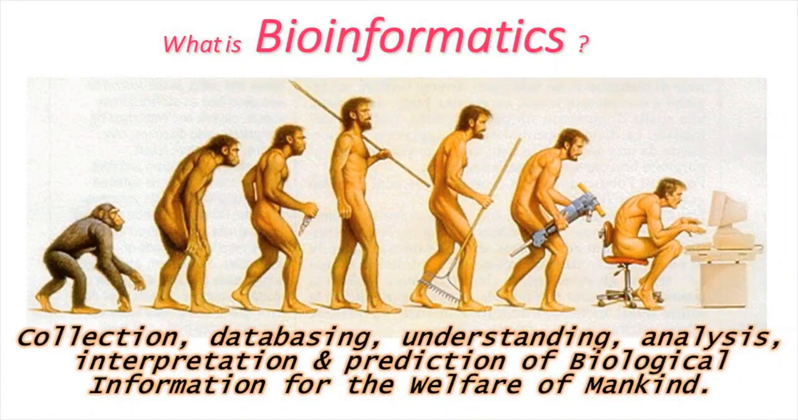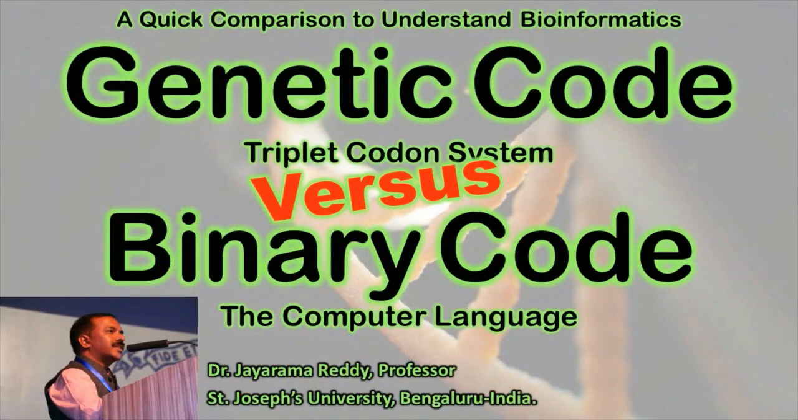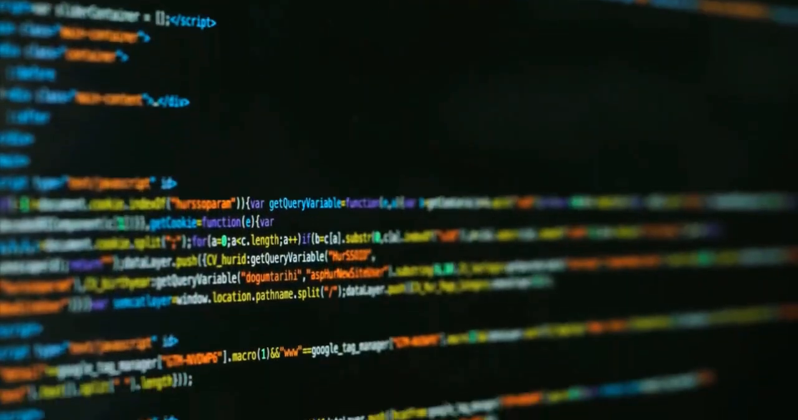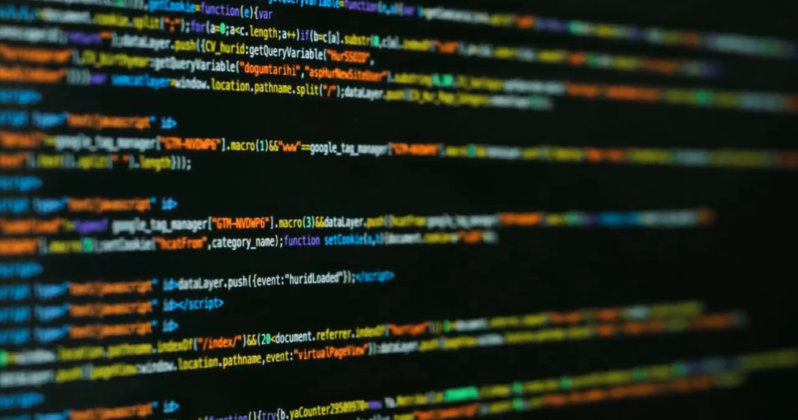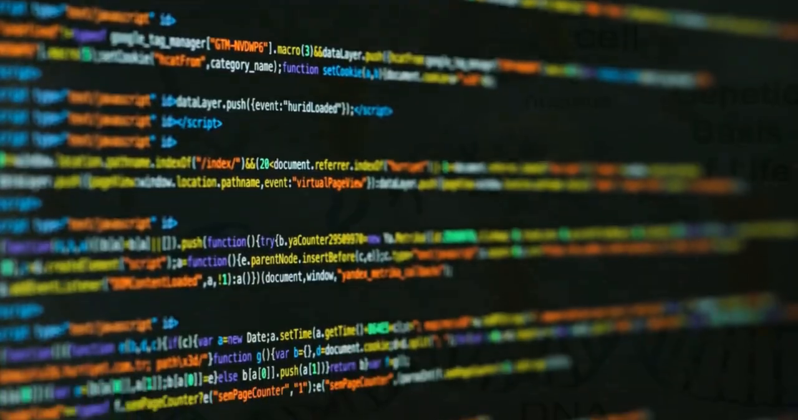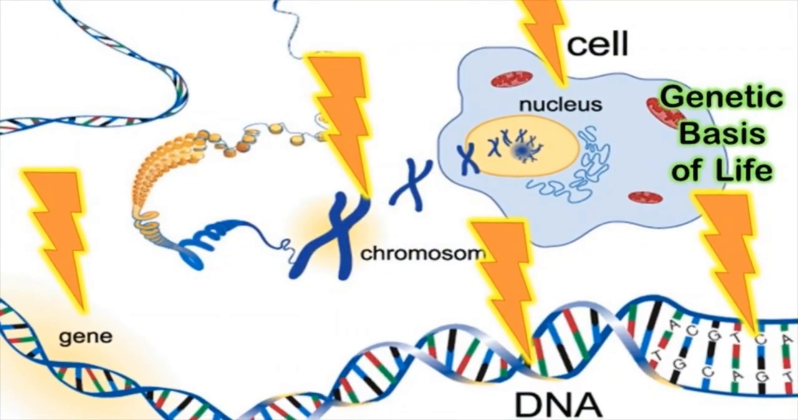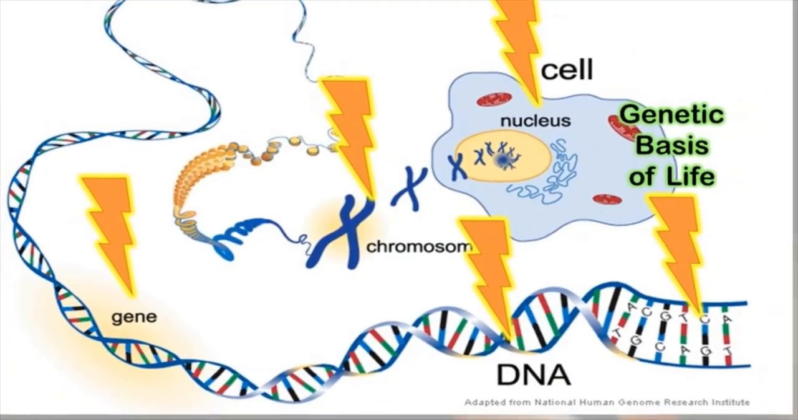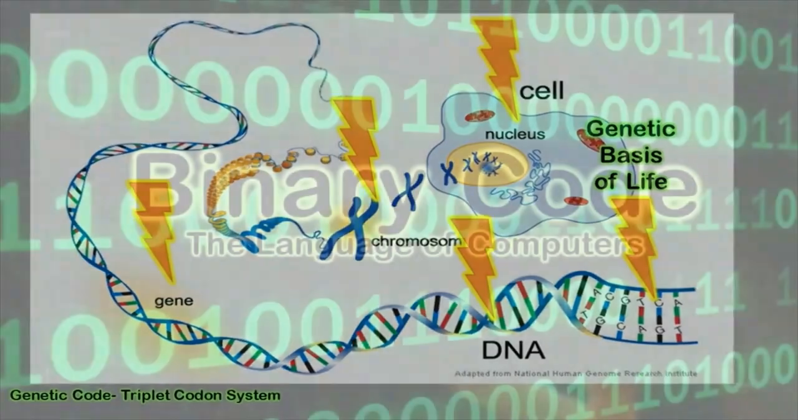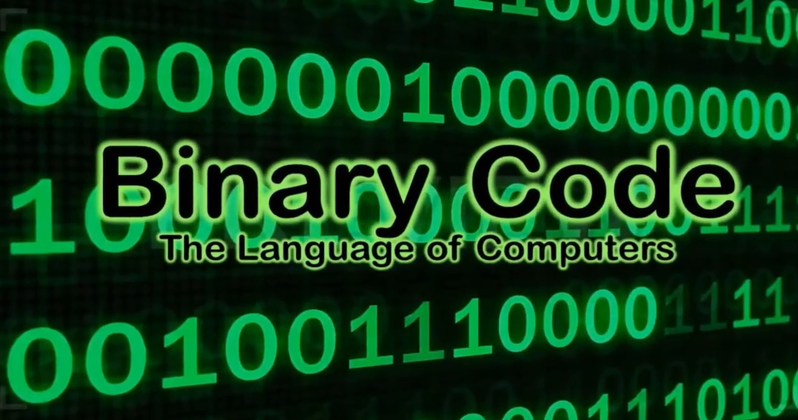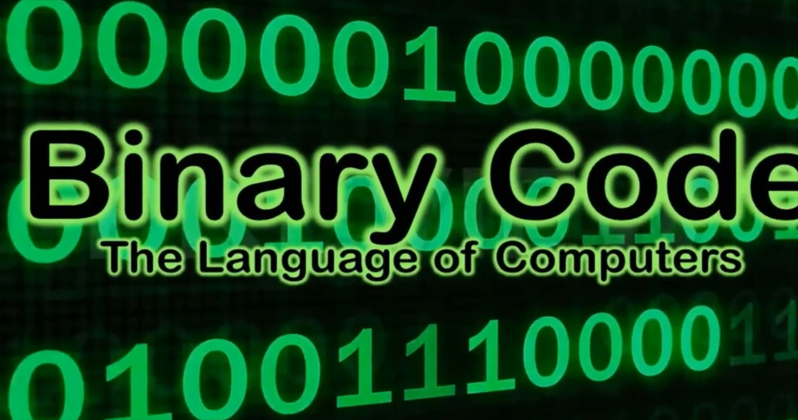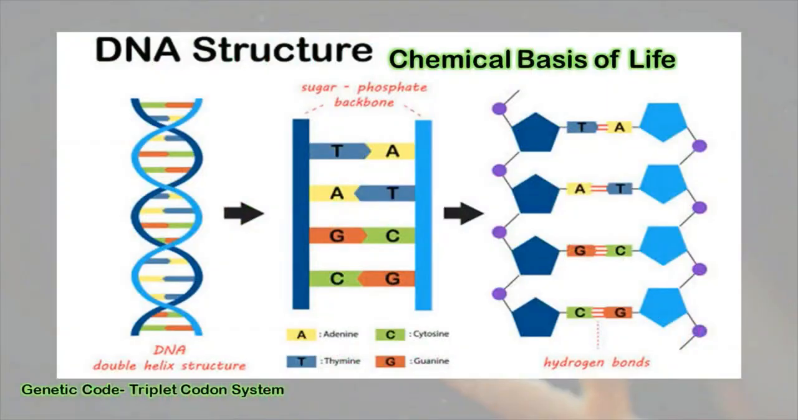And to have a proper knowledge about bioinformatics, one has to have the basic idea about the genetic code and also the binary code system. In this video, I'll give a quick comparison between genetic code and binary code system. To understand the basics of bioinformatics, knowledge about the fundamental principles about how information is stored in living and computer systems is necessary. In living systems, the information is stored in the form of nucleic acids, that is RNA or